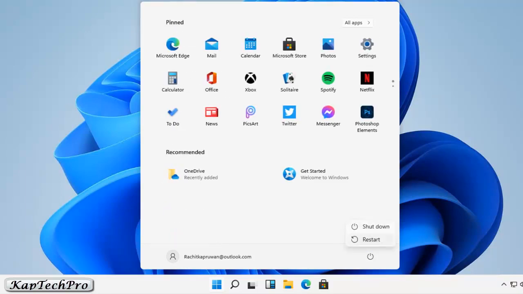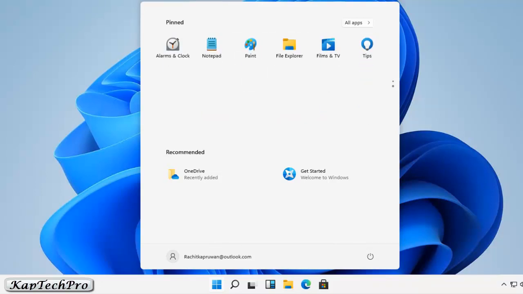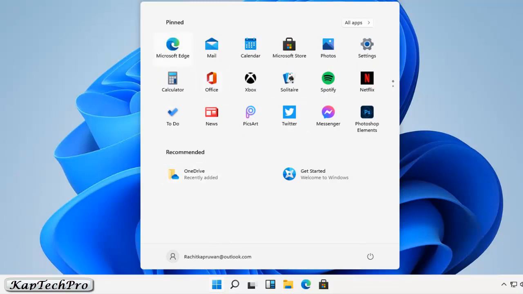This is the power button, which offers you shutdown and restart. It looks quite decent. You can see all the apps and pin the important apps above. You can see unpin from start and administrator options. It looks quite good. And guys, if you are using an app quite frequently, you can move it upward. You can see move to top. So it's now on top.